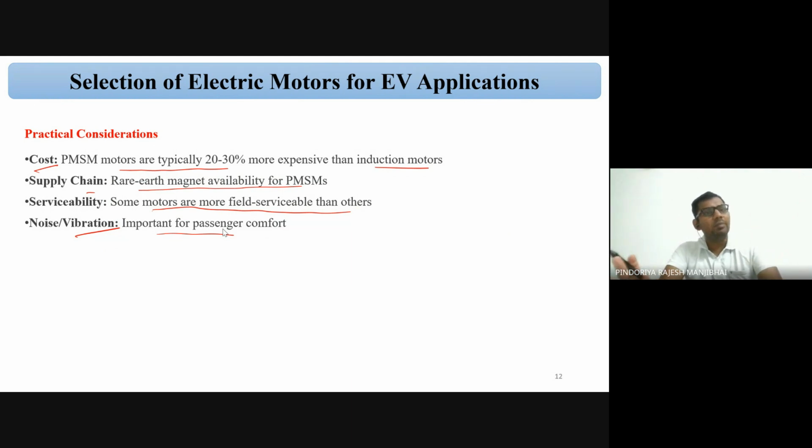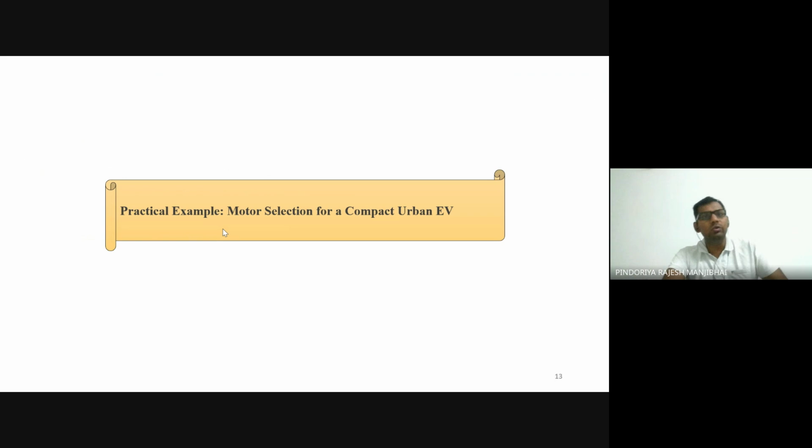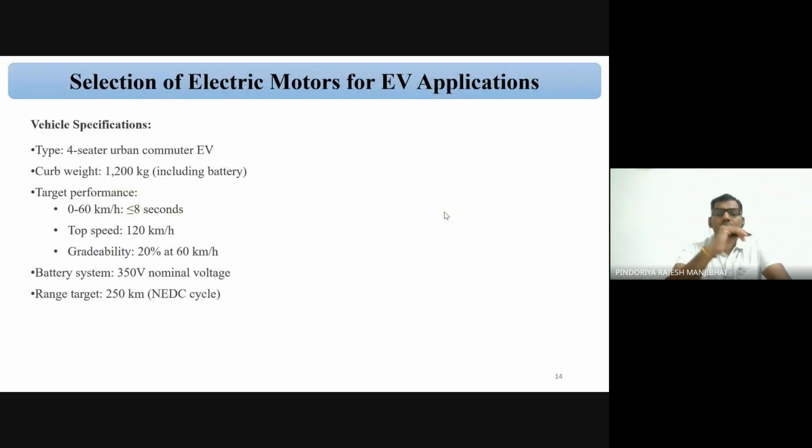Then we will consider one practical application for the selection of the electric vehicle motor. If you have no doubts, no confusion till now, then we move ahead. So, a practical example: motor selection for a compact urban EV, correct? We can consider one example and then select which motor we have to choose. So we have some particular parameters. Suppose we consider the customer demand: a 4-seater vehicle,